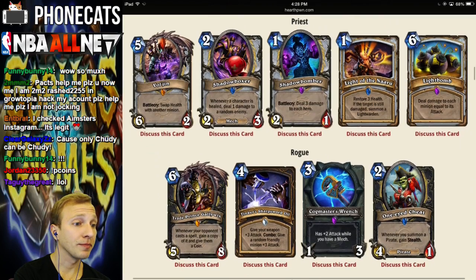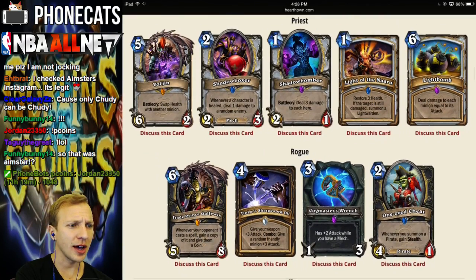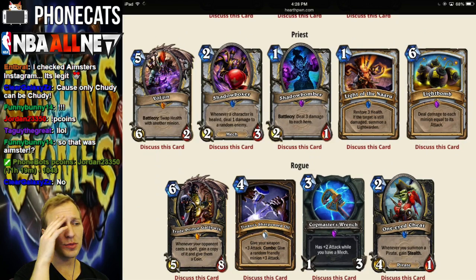Alright, let's keep moving. 2 mana for a 2/3 Shadow Boxer. Don't know what to think about this guy. Whenever a character is healed, deal 1 damage to a random enemy. Really weird, dude. This seems like it would have some synchronicity with,